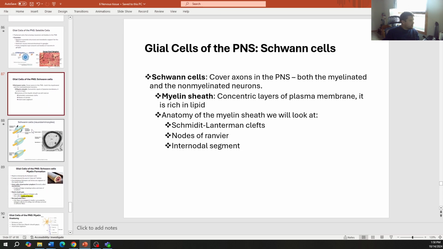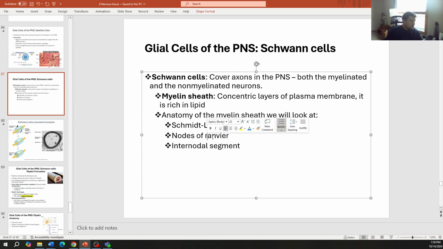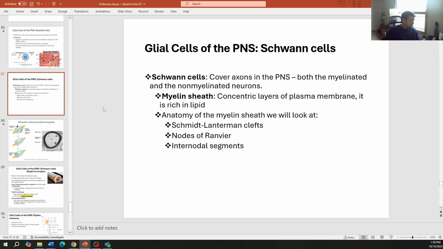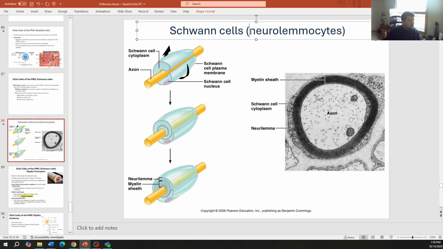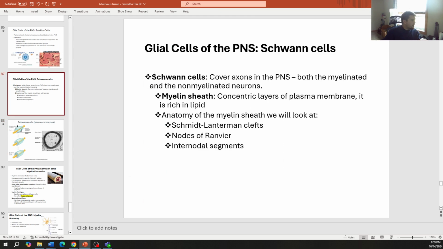A couple of things that we'll look at some of the anatomy. Schmidt-Lantermann clefts, nodes of Ranvier, and internodal segments as well. These are the big pieces of anatomy that we want to look at. So Schwann cells, another name for Schwann cells is neurolemocytes. I'm actually going to put that, aka